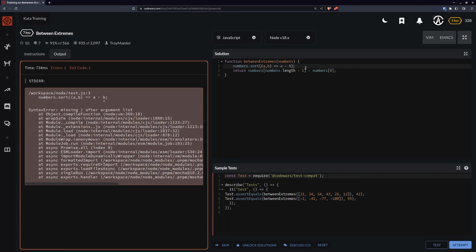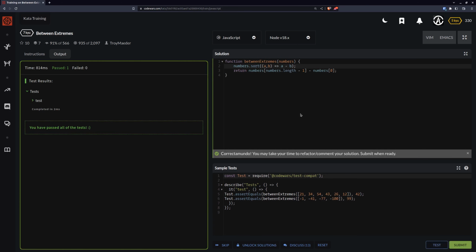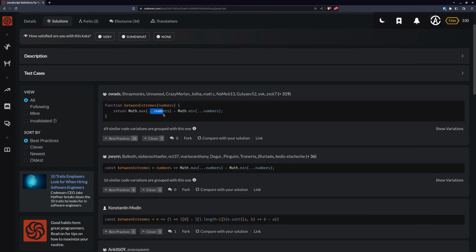Oh, I got a syntax error here. Yep. So that should do it as well. Correct. There you go. Let's just submit this as a solution and see what other solutions we have here. This is a cool one. So we can spread the numbers array and then use the built-in function